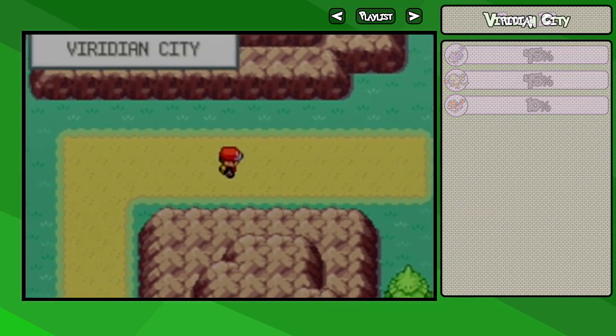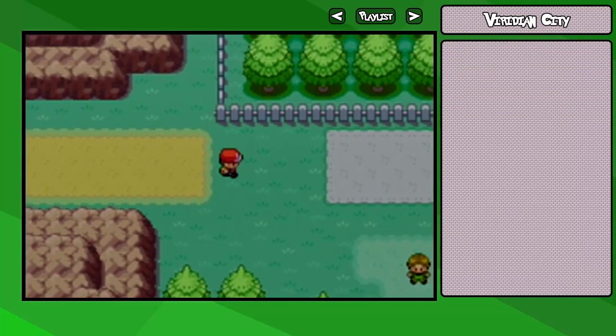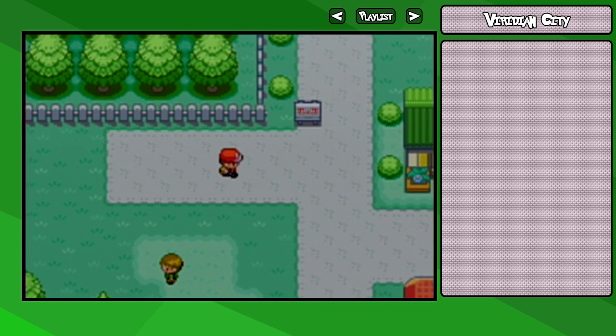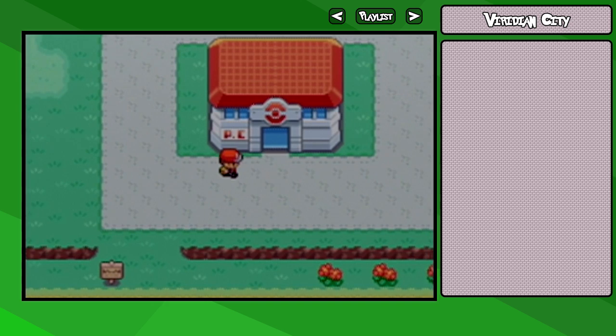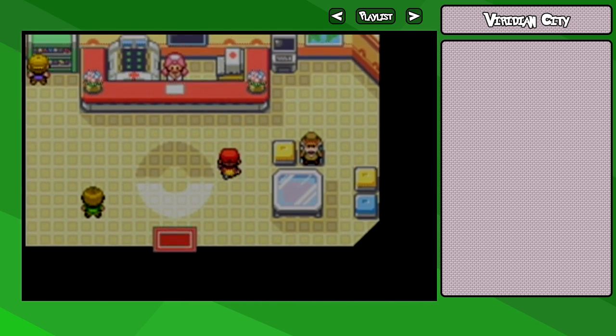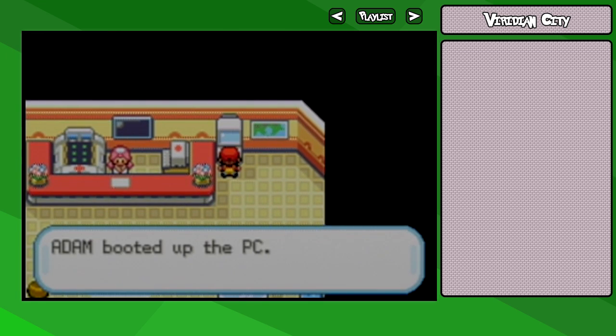Words are hard. I caught a Rattata to help fill out my Pokedex, because I accidentally forgot to catch one while on Route 1 in the last episode. So now I'm gonna talk about that thing that I mentioned before with not going north of that area, because